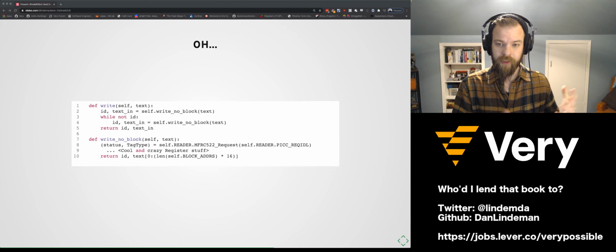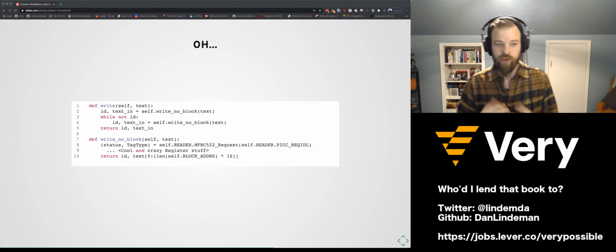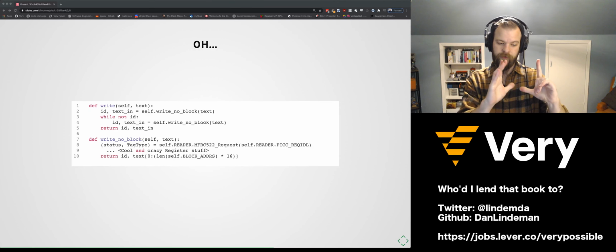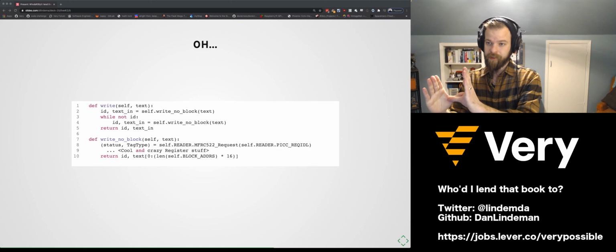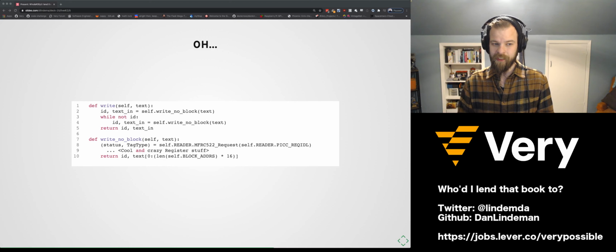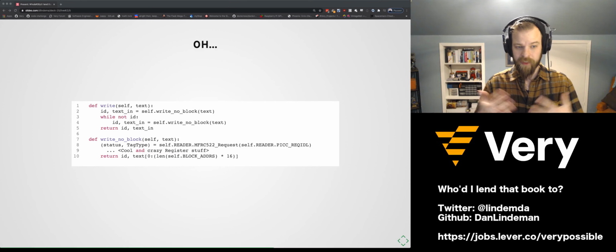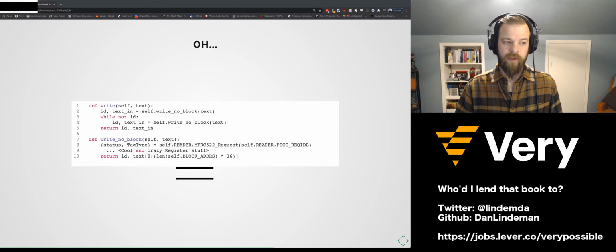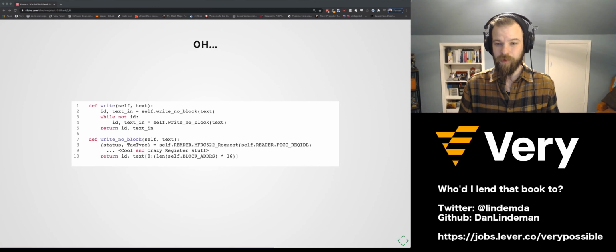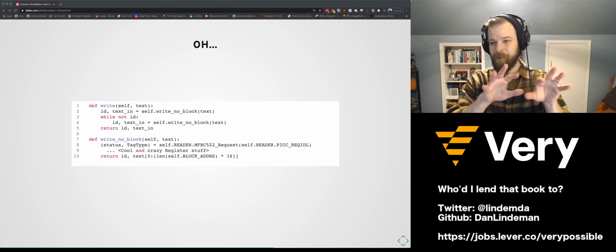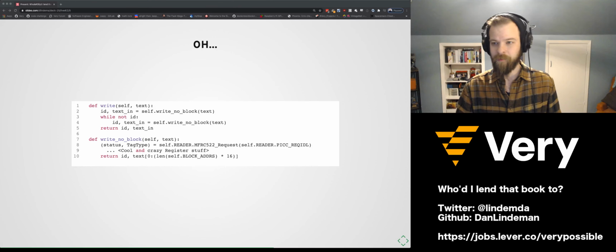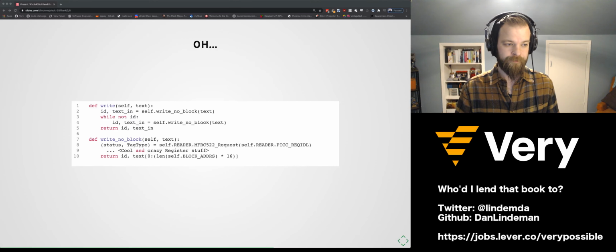So it just doesn't move at all. There is a write no block function, and I tried to work around this. In general, you want to isolate your different peripherals into their own processes, but in Python that's not super easy. I was trying to work around this maybe using Redis and PubSub, which had its own problems. There's probably an elegant way to do this with async and yielding things. But for the registration process, since I'm the one registering all the books, I was like, this isn't that bad. I type in my thing and I'm going to do one book at a time. I don't usually buy 20 books at a time.